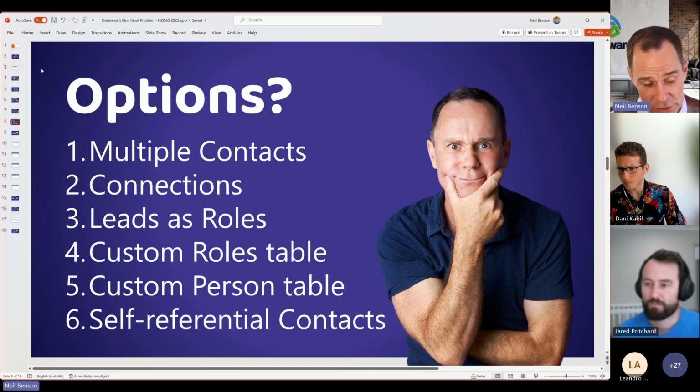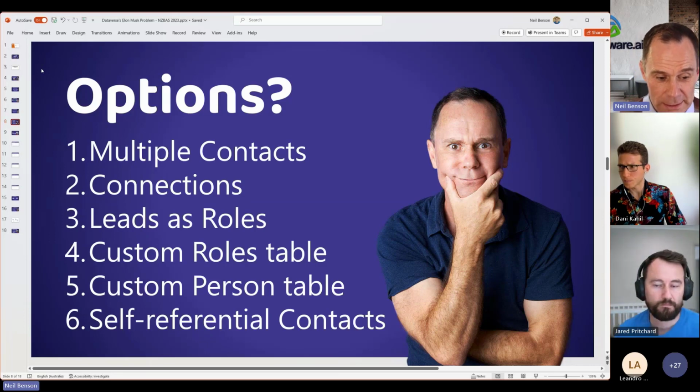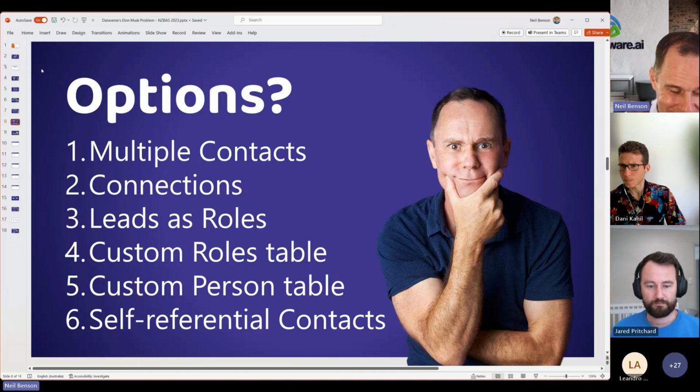Third one we're going to look at is using a different table for the intersect entity. So we're still going to have many-to-many between accounts and contacts. The intersect entity in the middle is going to be a system table called the leads record, or the leads table. Slightly controversial. I think there's some things to like about this option. It's one of my preferred options.